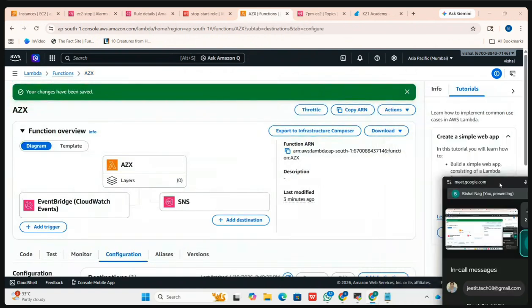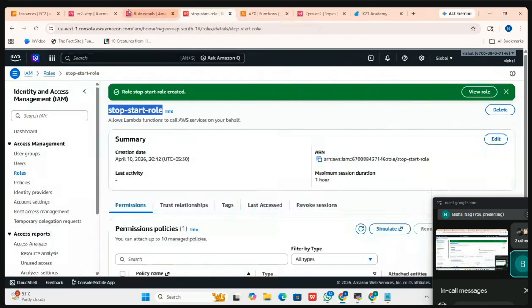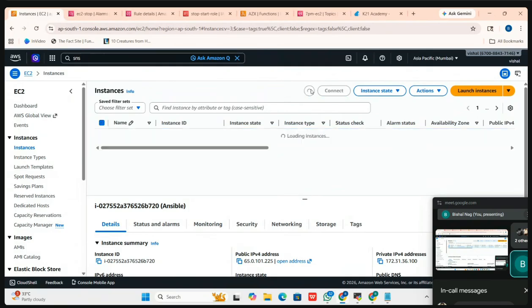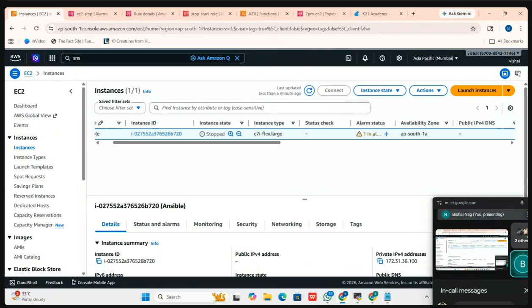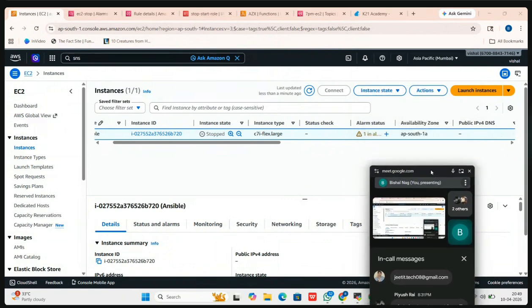हो गया, इसमें SNS सेट कर दिया। देखो, यहाँ पे इवेंट आके इसको ट्रिगर करेगा, लैम्डा को ट्रिगर करेगा, उसके बाद ये आके इसको ट्रिगर करेगा। हो गया सेट, अभी शायद काम हो जाएगा, देखो अभी। देखो खुद से स्टॉप हो गया, देखो आपके पास नोटिफिकेशन भी जाएगा। 1 मिनट। स्टॉप भी हो गया और नोटिफिकेशन भी चला गया।